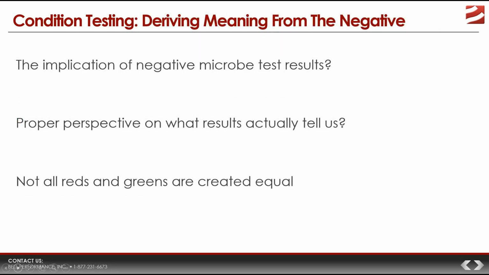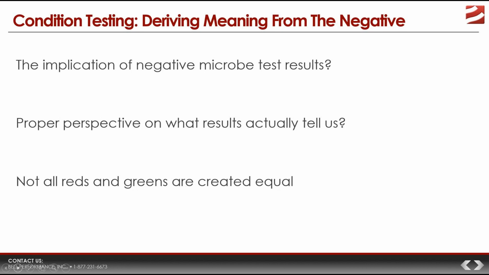So one of the takeaways from all this is that we have to keep a proper perspective on the accuracy and the meaning of the microbial test results that we get. This is because despite what we may want to believe, a positive or a negative test may not tell us the entirety of what we think it's telling us. For example, you have a culture dip slide, culture test, comes back negative. Do you know for sure that this means there's no microbes in the tank? The correct answer to that should be not necessarily, because we have to acknowledge the possibility that we could have